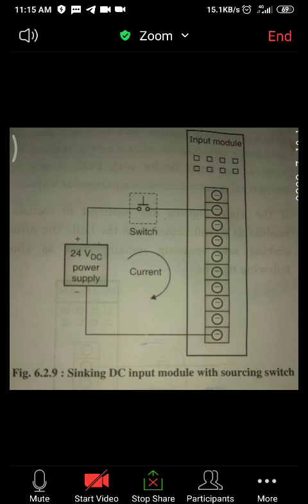In the diagram previous to this, the negative terminal was on the upper side. Means in place of the switch there will be a sensor and the negative terminal will be on the upper side, because it requires current for its operation. And the transistor acts as a source of current. So in this case, instead of the switch, there will be a transistor and the positive terminal on the upper side. See, the current flow is the same, the operation is the same, but depending upon the input device, the sinking or sourcing mode is used.